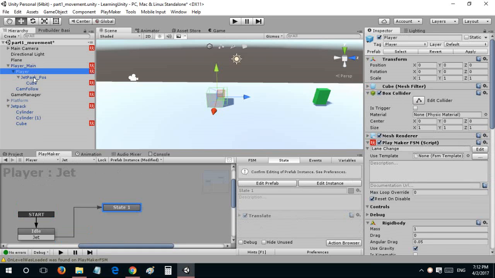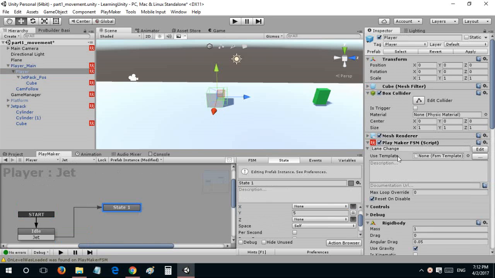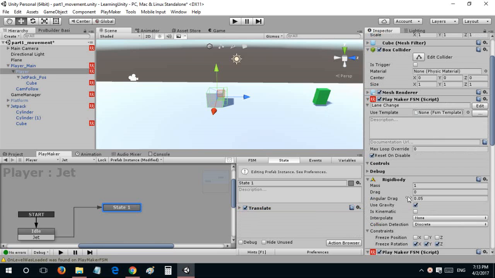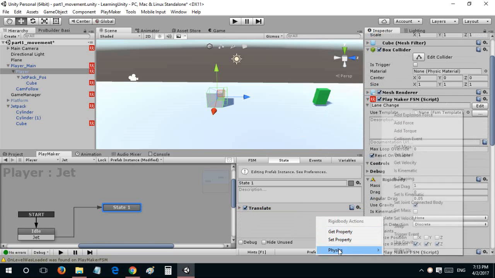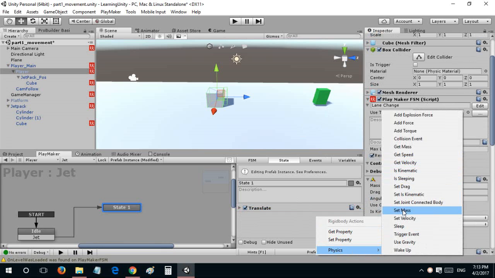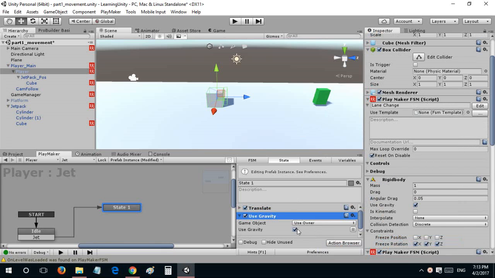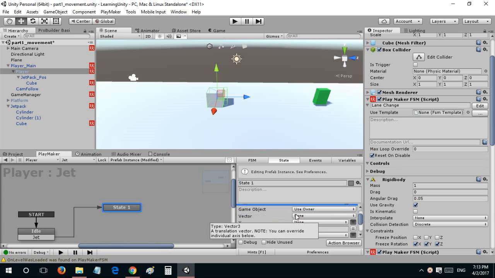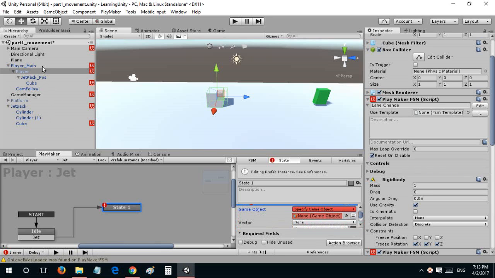We should also translate after deactivating the basic gravity. So physics, gravity, use gravity off, and then translate, and then I would just do a translate again, and I would say play main. Yeah,